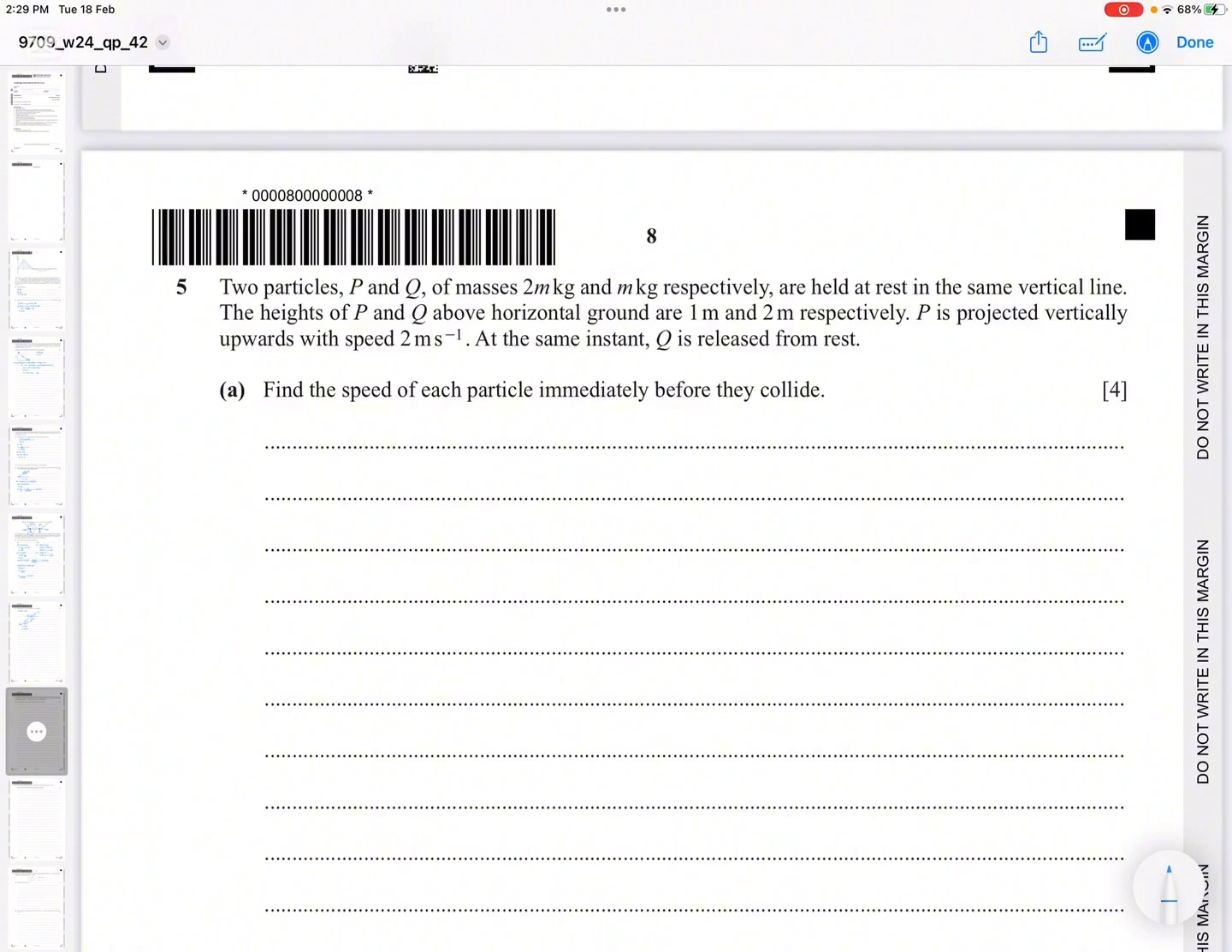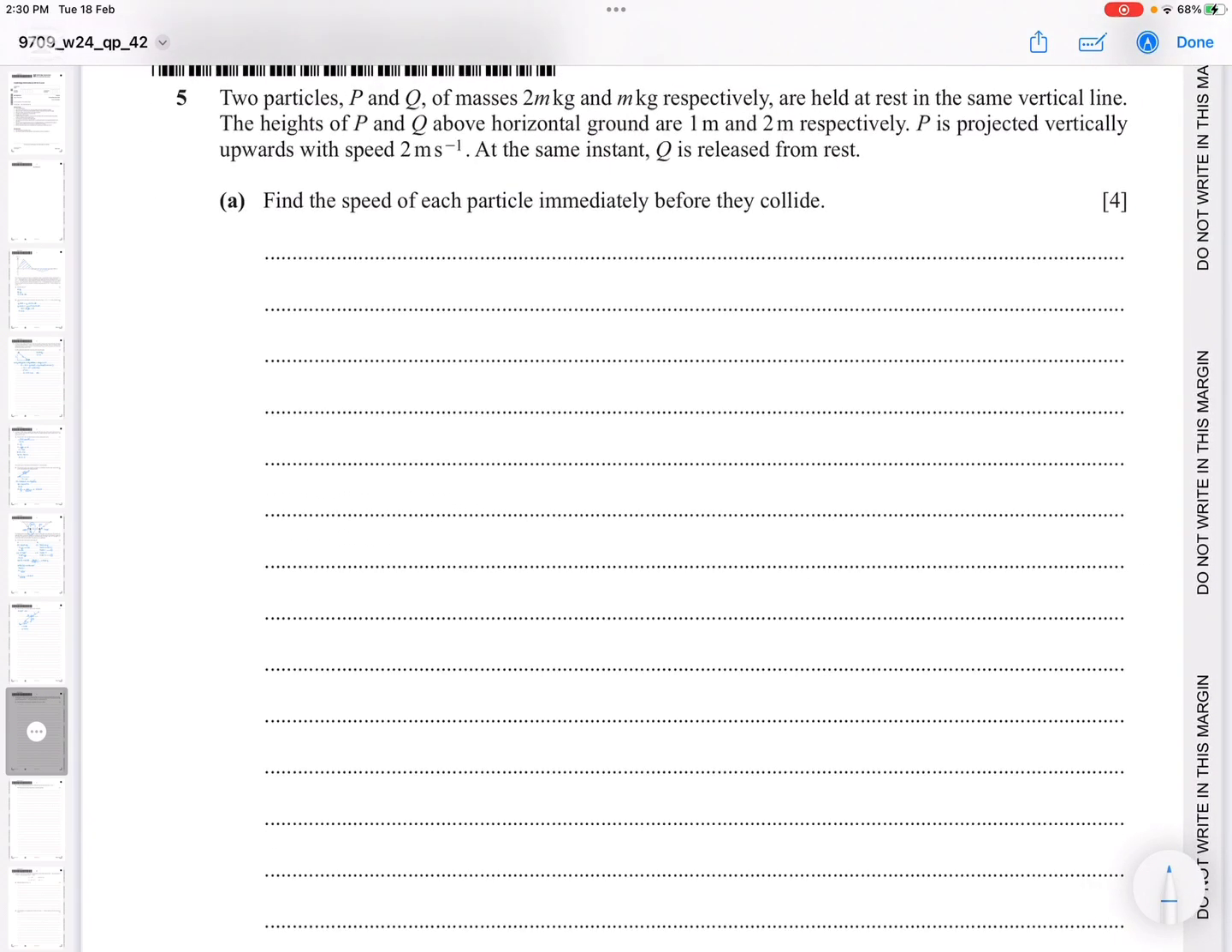Question number 5. Two particles P and Q of masses 2m kg and m kg respectively are held at rest in the same vertical line. The heights of P and Q above horizontal ground are 1 meter and 2 meter respectively. P is projected vertically upwards with speed 2 meter per second. At the same instant, Q is released from rest. In part A, find the speed of each particle immediately before they collide. So if I make a diagram to make it understood,